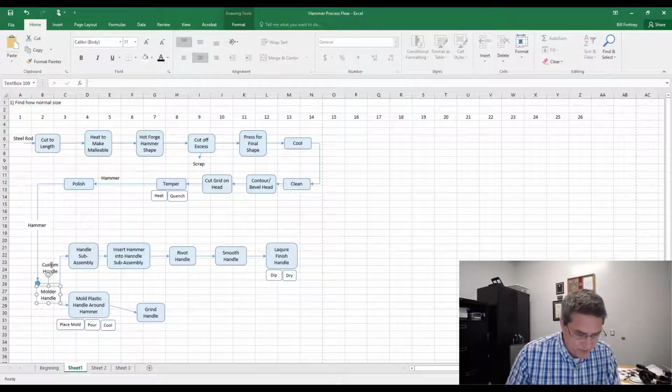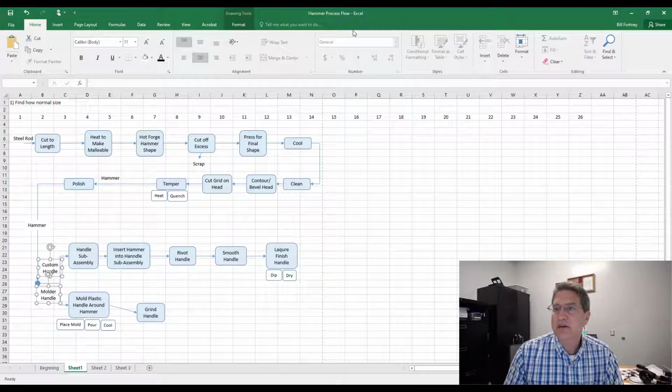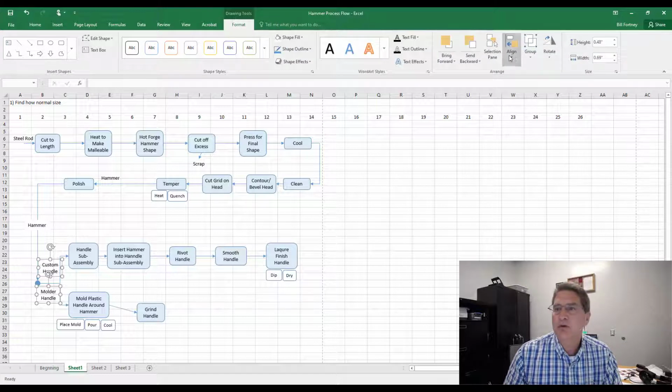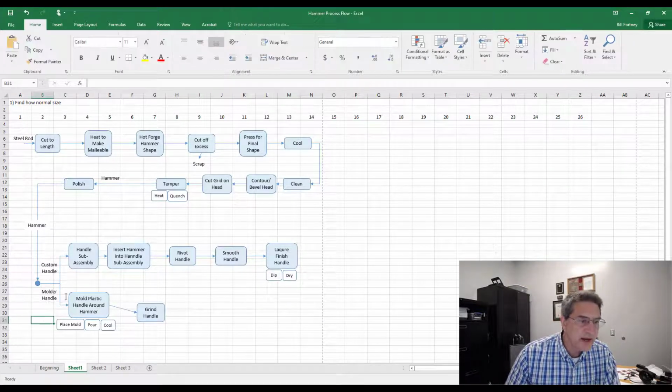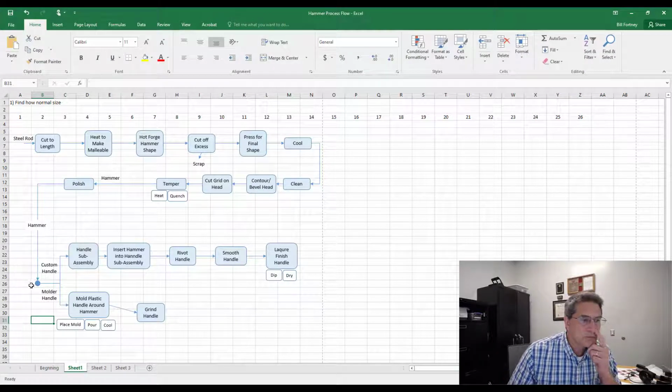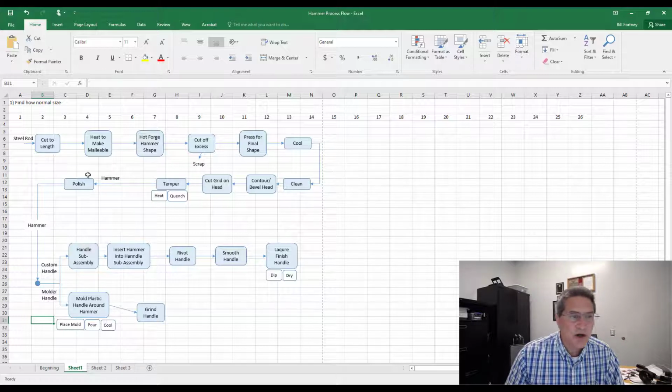And just like I did before, if I'm anal about stuff, I can come in here and say drawing tools, align center. So see, now those guys are perfectly lined up. And so now I've got a steel rod. It's going through all these processes. The hammer comes through here. It flows down, custom handle,